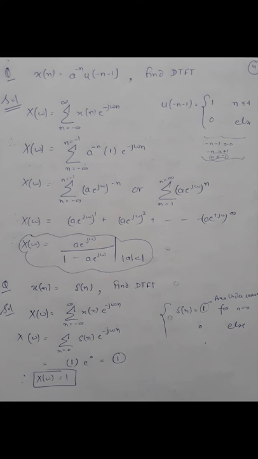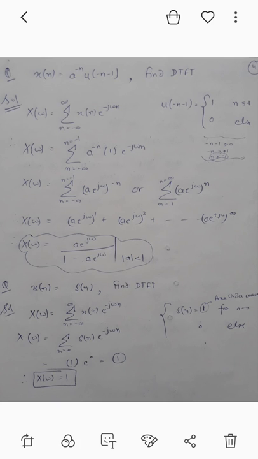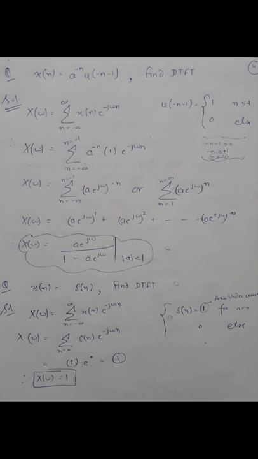Okay, so the next question will be find out the DTFT for x[n] equal to delta of n. Now we know that delta of n has area under the curve 1 for n equal to 0, else its value is 0. So the summation will only exist for n equal to 0, delta of n e raised to power 0. Delta of n is 1, and e raised to power 0 is also 1, so X of omega will be 1. Here we will get the discrete time Fourier transform as 1.